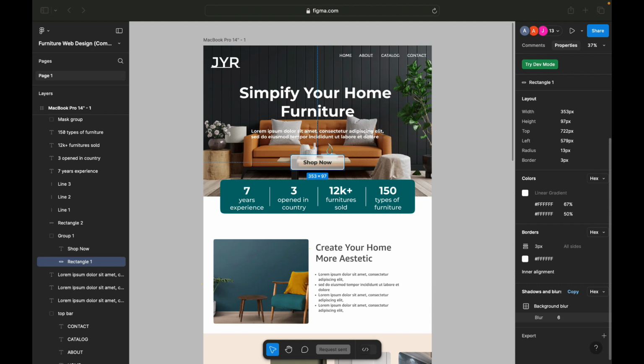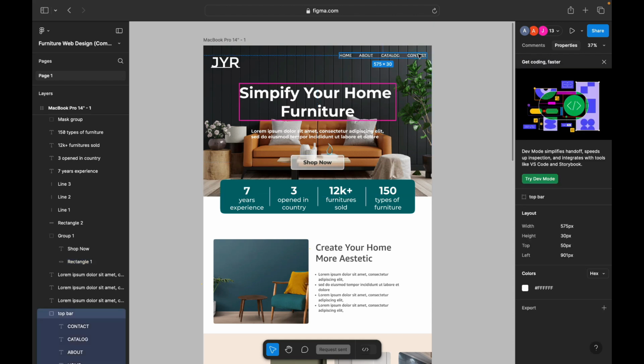For example, look at the catalog. I can just imagine how the catalog is going to be like. It's going to be a listing of all furniture items. You can select, you can buy. And contact can just be a simple contact page. About can just be a simple about page. So yeah,